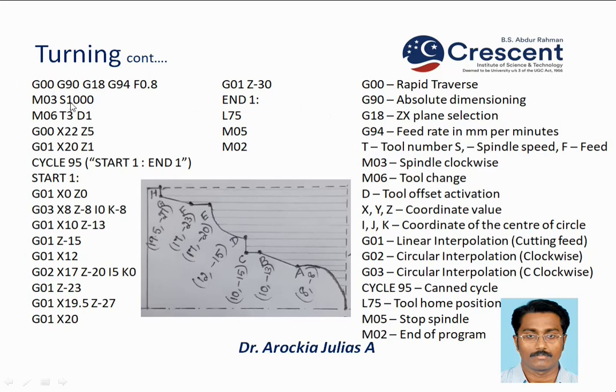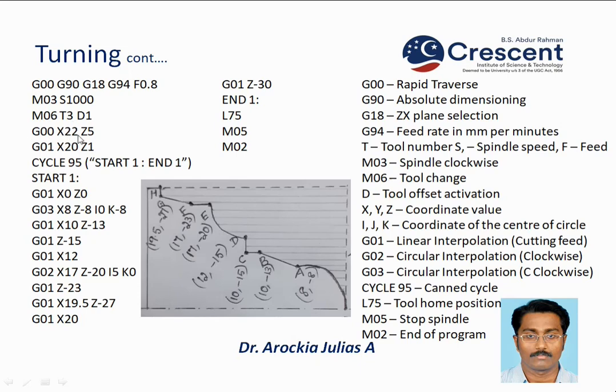The next is spindle, start the spindle M03 at a spindle speed of 1000 rpm, and the next block is M06, its tool change, T3 is the tool number and D1 is the tool offset. Okay, you have to remember that this T3 means in the machine there should be correlation between the program and the machining. Okay, if you are mentioning T3, the same tool should be loaded there in the machine. That we have to be careful. So up to this, it's a header.